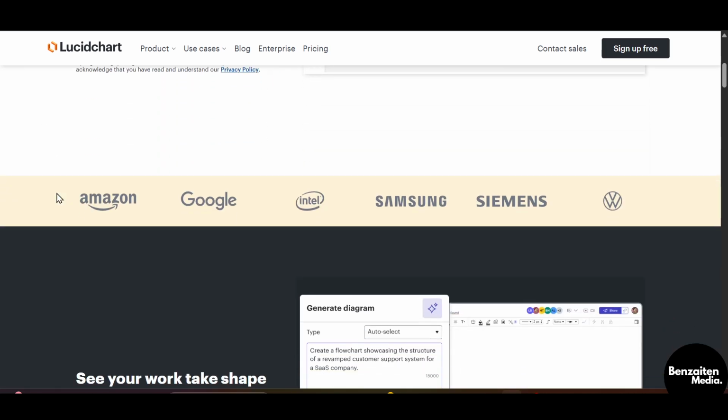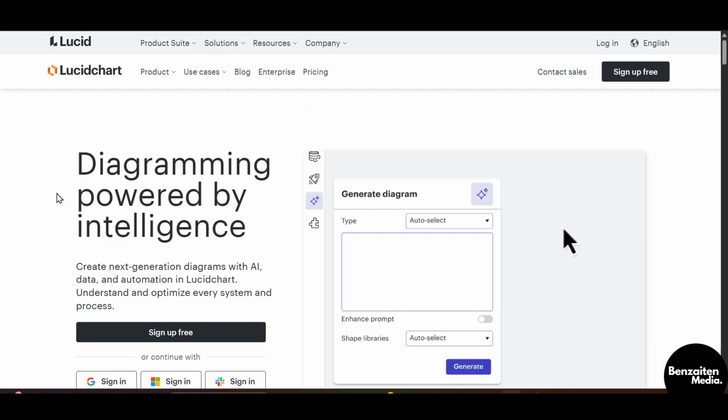So in this video, I'm going to show you how to add background color on Lucidchart. So let's get started. So first off, you need to head over to the Lucidchart's website, and from here, if